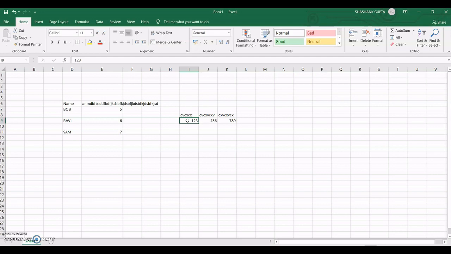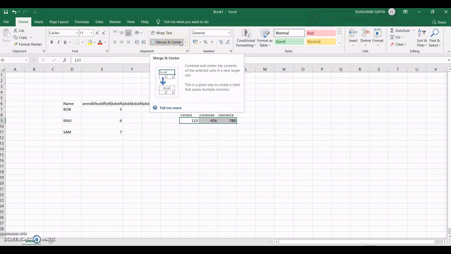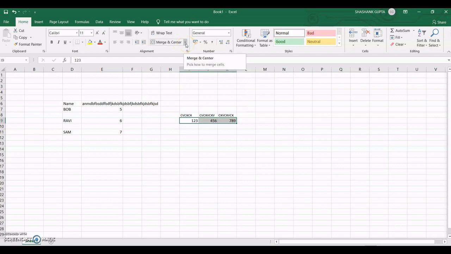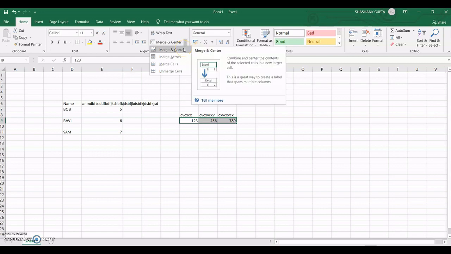First select the cells that you want to merge, and go to the Home tab on the ribbon. In the Alignment group, there is a Merge and Center option with a drop-down menu. Merge and Center means that after merging, all these numbers will appear at the center.